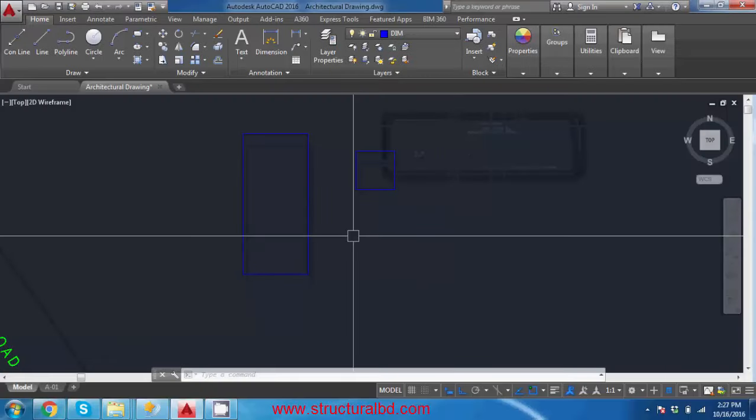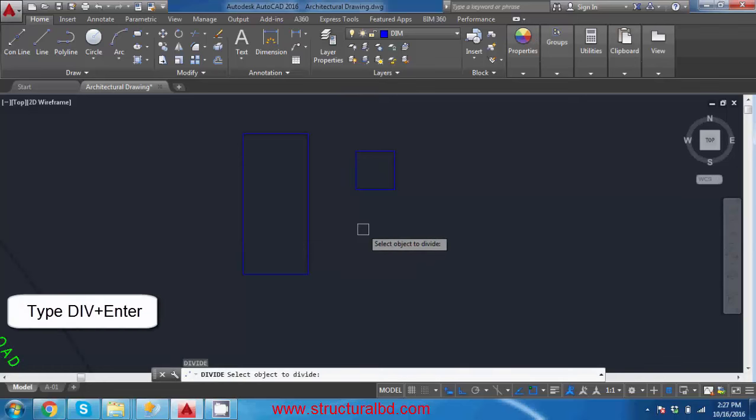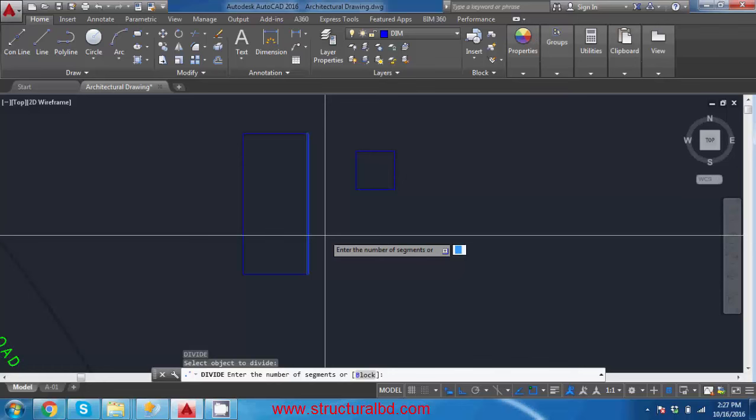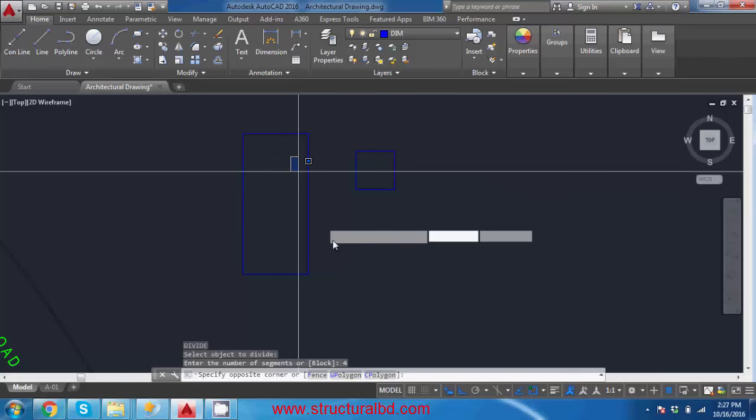In this video you will learn the divide and measure command. To go to the divide command, write div, enter, and I want to place 3 chairs equal space in this line. Select this line and write 4, enter. So 3 points have been